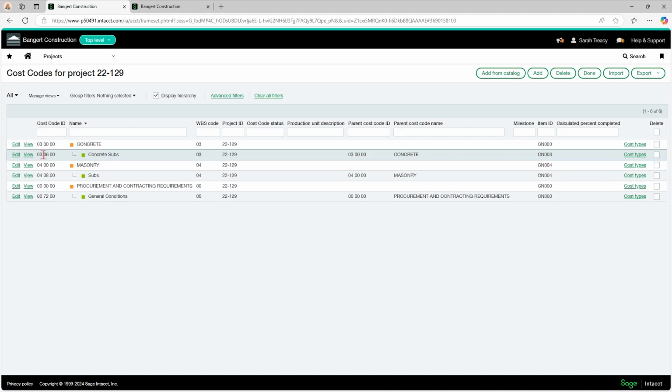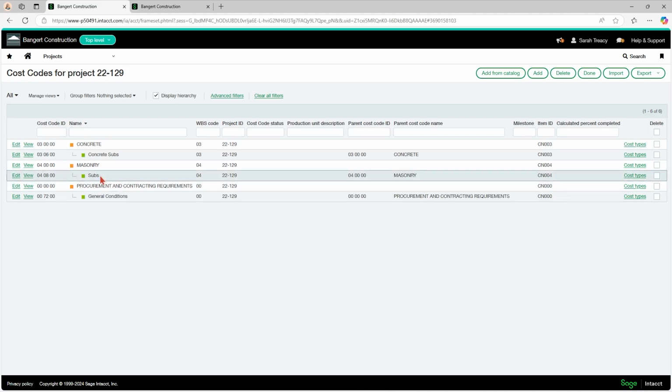So it's not based off of the cost code number, it's based off of the actual name. So you cannot have cost codes with the same name despite them having different numbers. So important to keep in mind, but it's going to error out if you try to do that anyway. So if you do see that error, that is the fix for it. You're just going to have to rename some of those cost codes.